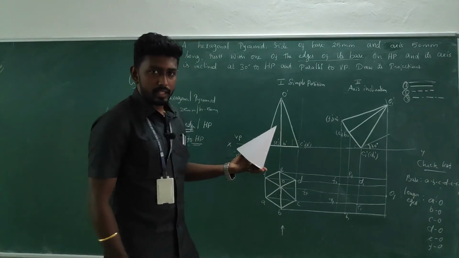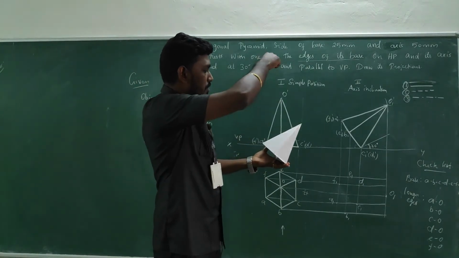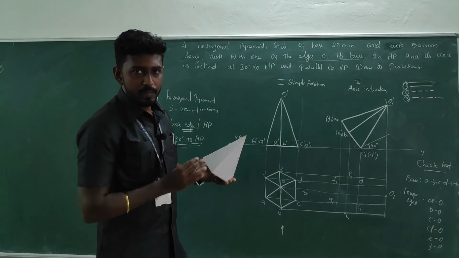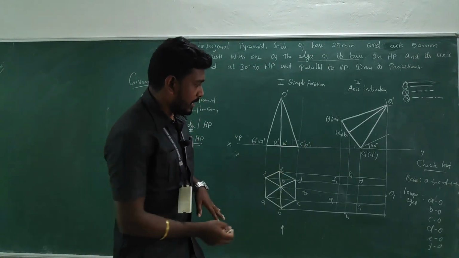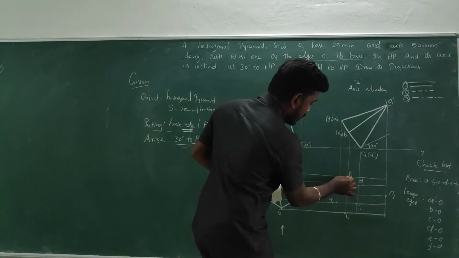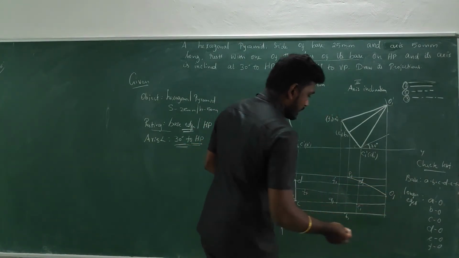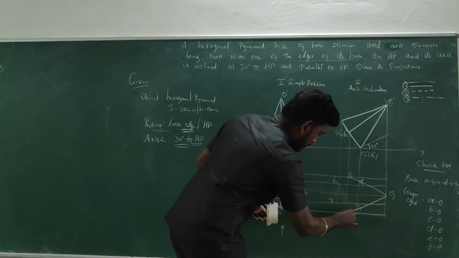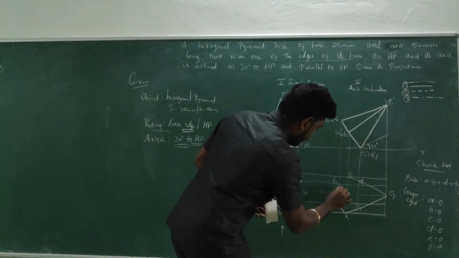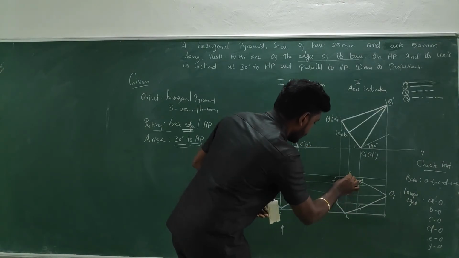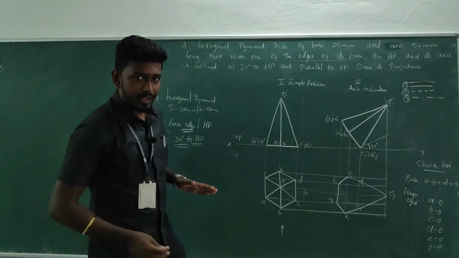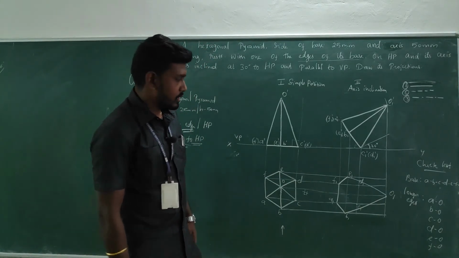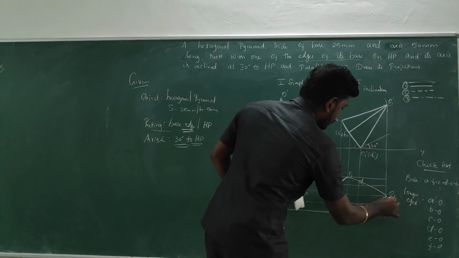It is kept something like this. Anyhow, when you are taking the observation from the top, the boundary of the object will be visible, right? So what I am going to do is connect the extreme edges as a dark line. E to O, then O to B, then B to A to F, and F to E. This is the boundary. You have to connect the extreme points. So you will get like this.